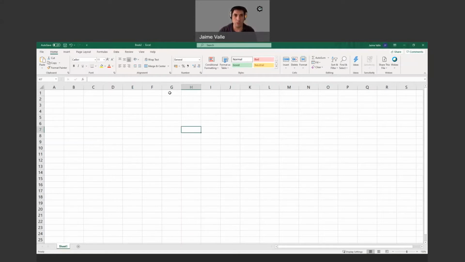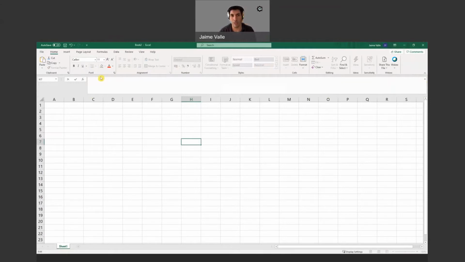Actually, there are different ways to do this, but probably my favorite one is using this long bar in here. It's just on the top of the screen, just below the ribbon. So I can click on there, and then my cursor is in there. It's prepared for me to type whatever I like. And as you can see, it's going to be in the cell I selected as well. Okay. Actually, on the right-hand side at the very end, there's a symbol like an arrow. If I click there, I can expand that area, so you're going to see even better what I'm typing.